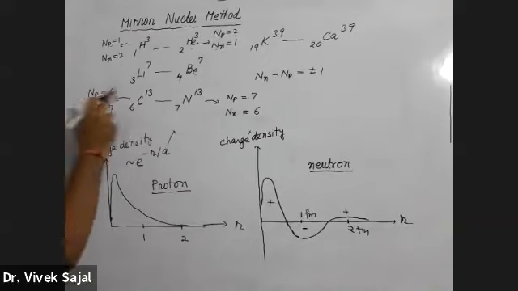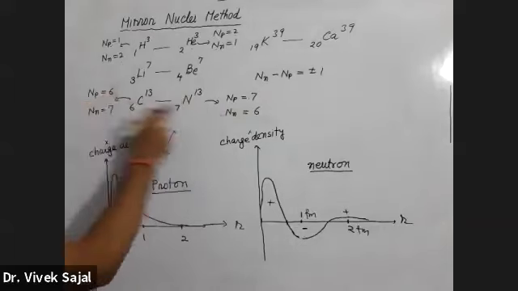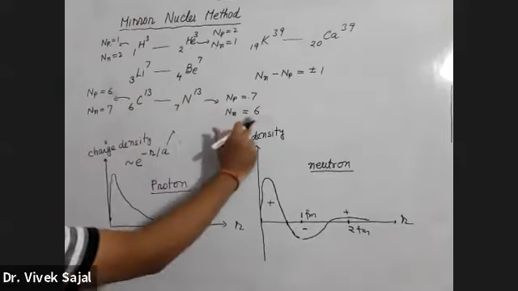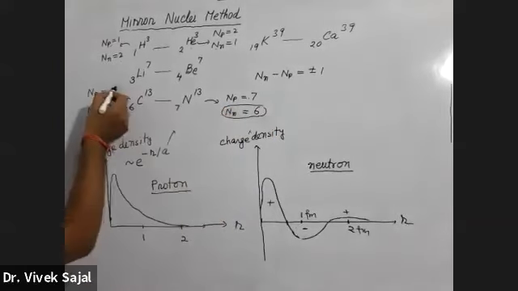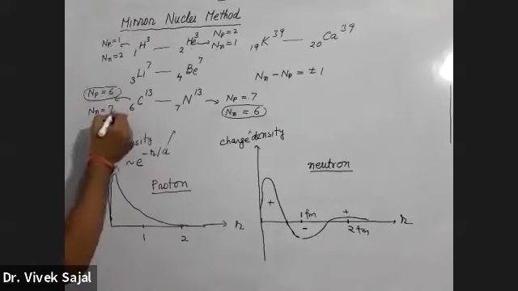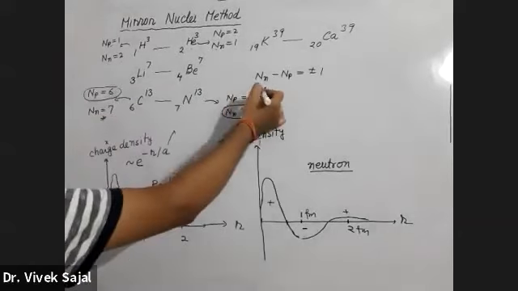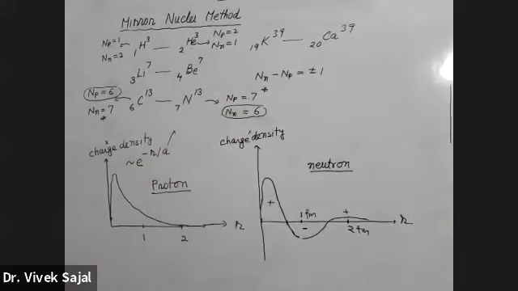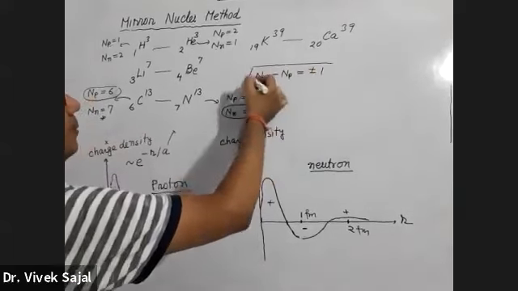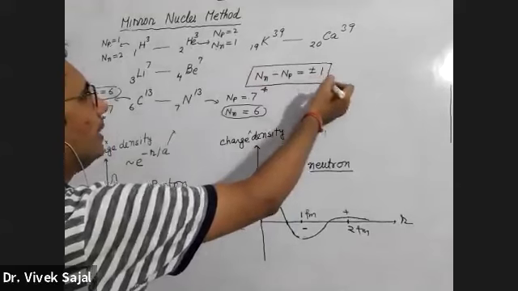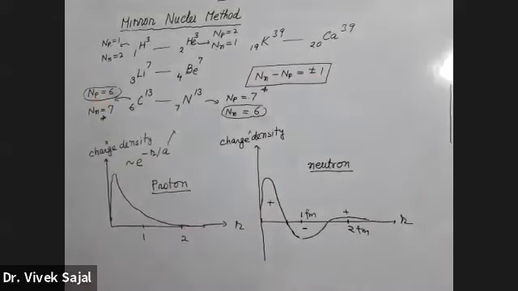So proton का number neutron से exchange हो गया. Whatever is the number of protons here, that is the number of neutrons here. So this number of neutrons is equal to number of protons in the mirror nuclei, and this is equal to number of protons. So their number is exchanged. Number of protons and number of neutrons are exchanged in mirror nuclei, as well as the difference between number of neutrons minus number of protons is plus minus 1. This is the second property.